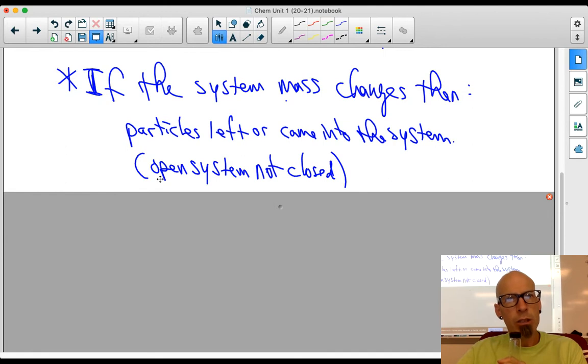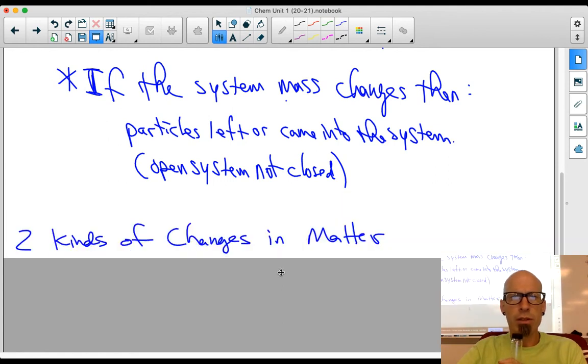Hopefully that makes sense. So if your mass changes, it's because you have an open system and particles either came into it and the mass went up, or they left and the mass went down. Now, what else is here? I forget what else is here. Oh,